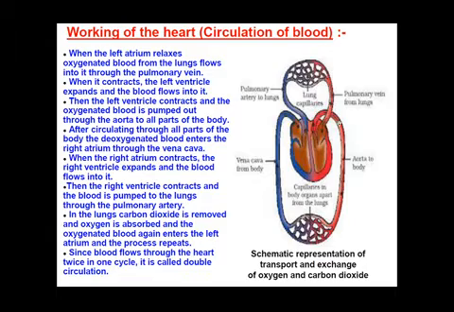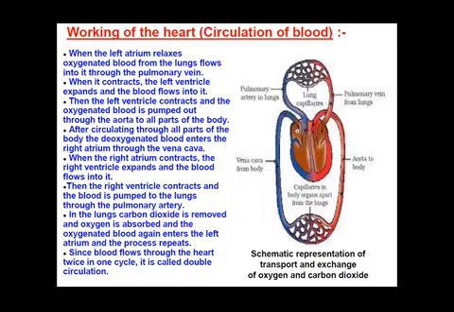Okay, you can see here this side is the red blood, that is the pure blood or oxygenated blood, and this side of the diagram is shown with the help of the blue color, that is the deoxygenated blood. Now the deoxygenated blood or the carbon dioxide rich blood moves with the help of the vena cava and enters into the right atrium.